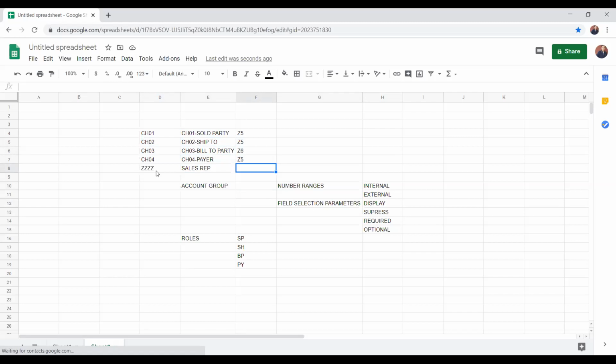Maybe the number range might differ, like Y6 or something like that. So for sales rep, you have to customize the tabs how you want them. Or sometimes you directly create an account group as distributor.